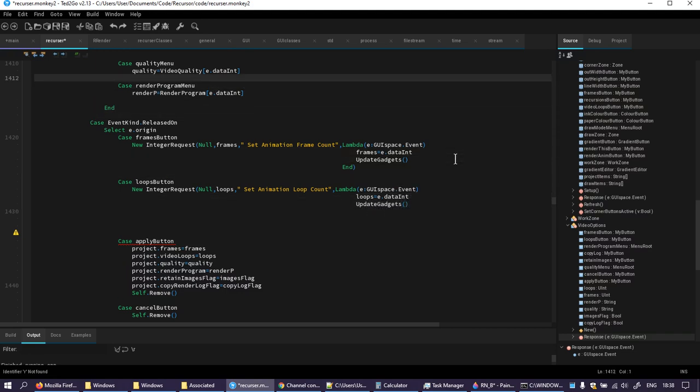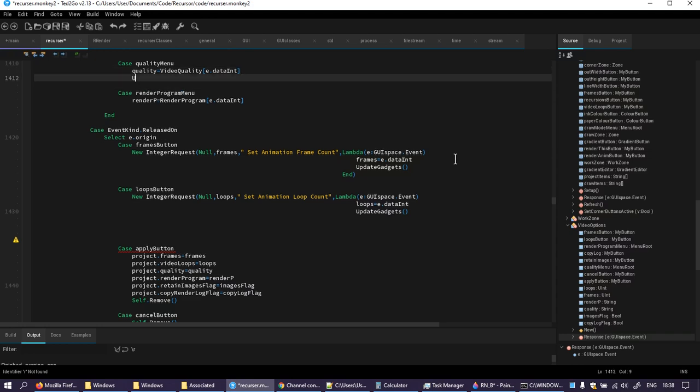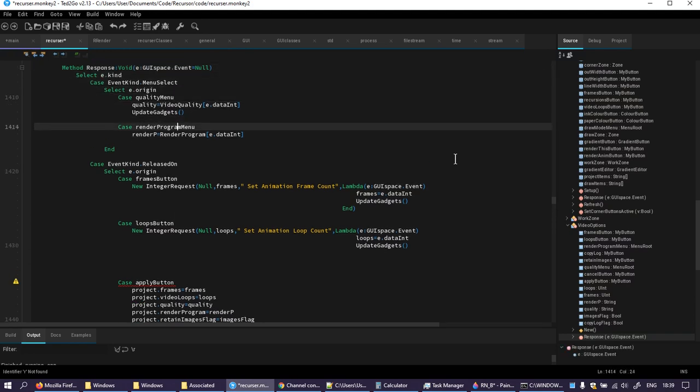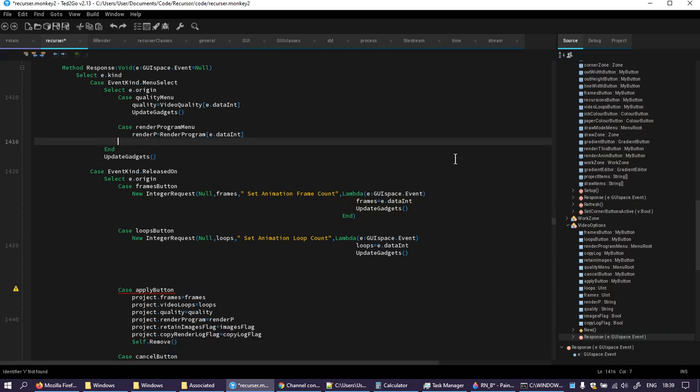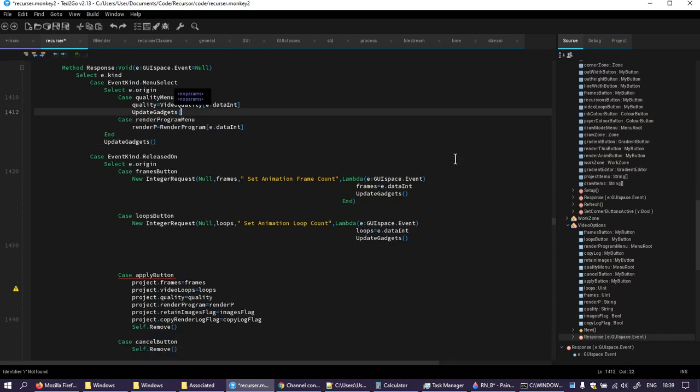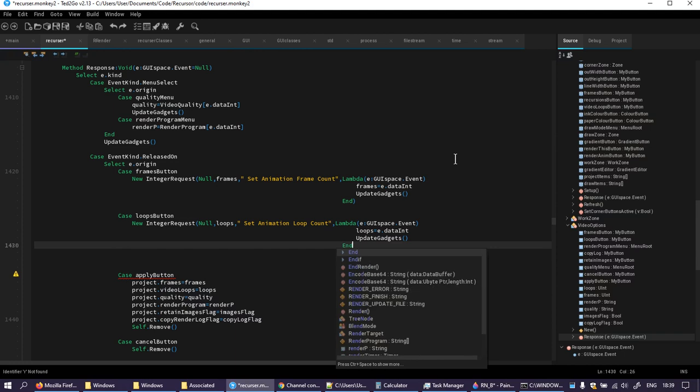Similarly here, actually. Could probably get away with this being outside of that. These things could be updated in any... If there's a menu selecting, then yeah, it's update gadgets. And I'm just going to compress this down because I don't think it needs to be all spaced out. It's quite simple. Update gadgets. And